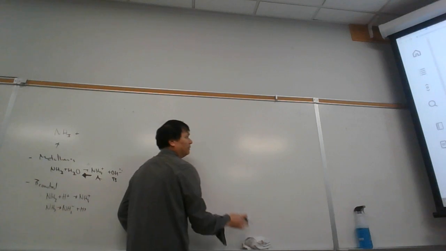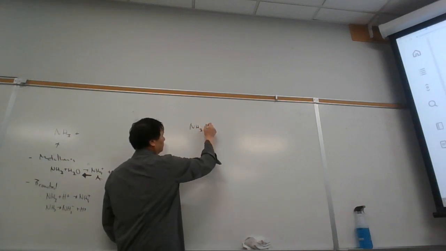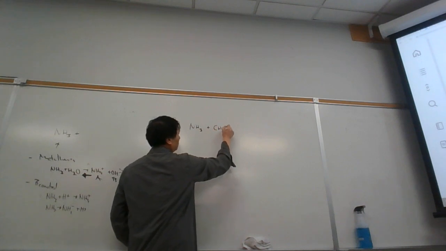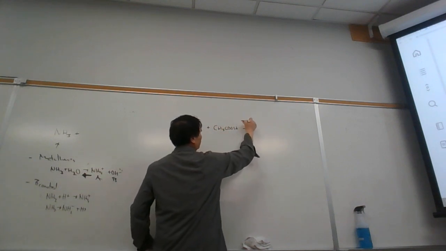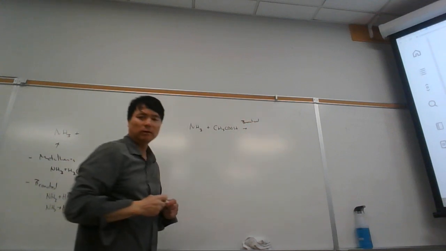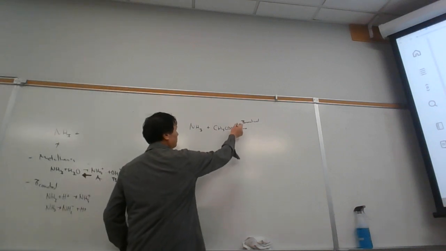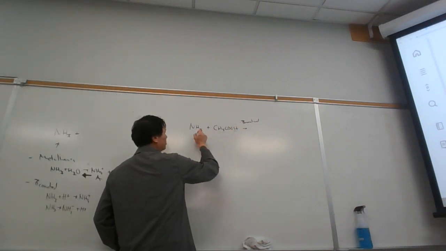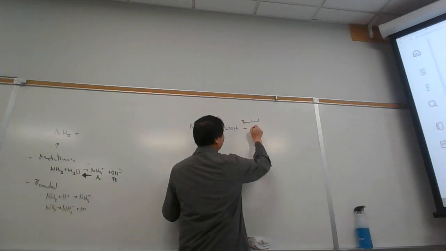And so if we have ammonia plus acetic acid, then if I do this Bronsted, we only transfer one proton at a time. So in Bronsted, the acid is a proton donor, and it's going to donate a proton to the base. And so what we're going to end up with is ammonium ions and acetate